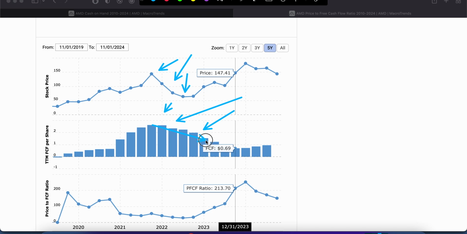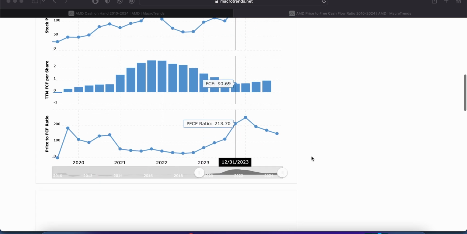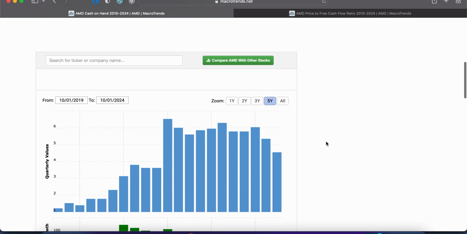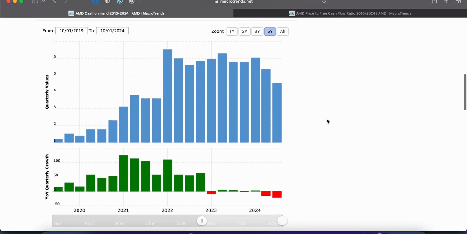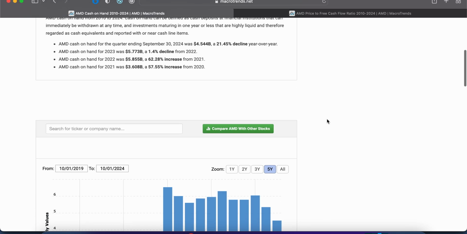Free cash flow per share declined, right? And then we went to all hit the lows, and then in the last 3 quarters it's trying to uptick, okay? And then free cash flow coming down. But why is the stock going down? So this is purely my observation, okay? I'm not saying that I'm 100% correct on that one, but I think it has to do with free cash flow, right?